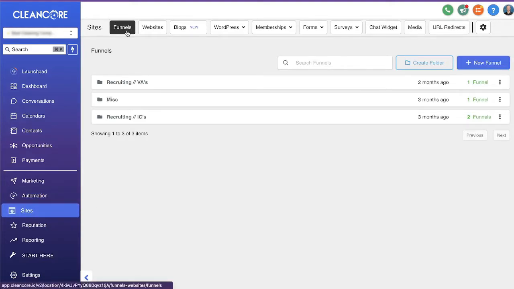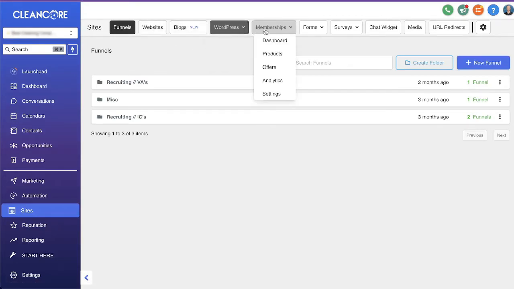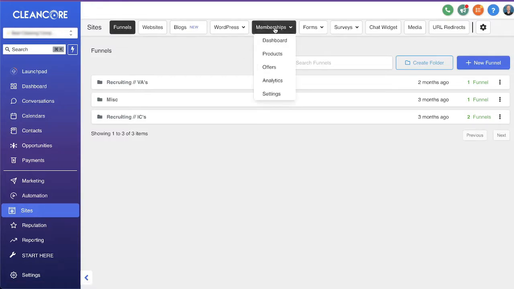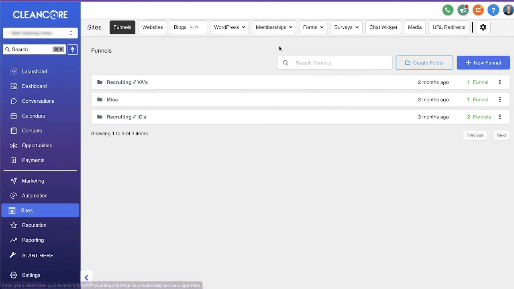As you can see, this is where your funnels are going to be stored, your websites. You can even post blogs on your websites now. You can have membership sites. So if you want to, on the cleaner plan, on the middle plan, you can actually have this feature here where if you wanted to create courses for your cleaners, onboarding orientations for your cleaners or independent contractors, training videos for your customers, for example, how to prepare for your cleaning, like make sure that you have the place cleared out completely. If you booked a move out clean, you can actually create mini courses inside of here